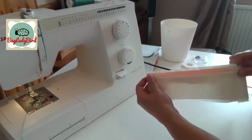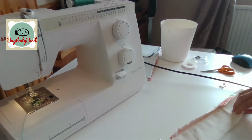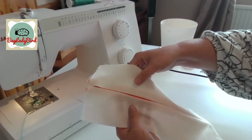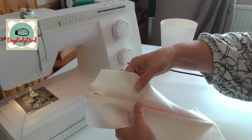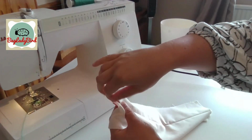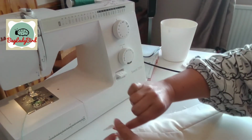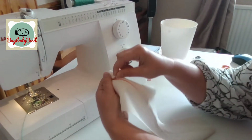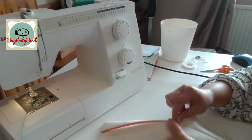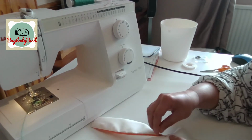So when you check, both sides should be free from threads. So now if you flip it over and look at the right side, if you gently pull it apart, you can see your zip. So this is the important part. You want to just grab your zip pull, holding on to the top, and just unzip your zip. Now, just before your stitching on your seam starts,